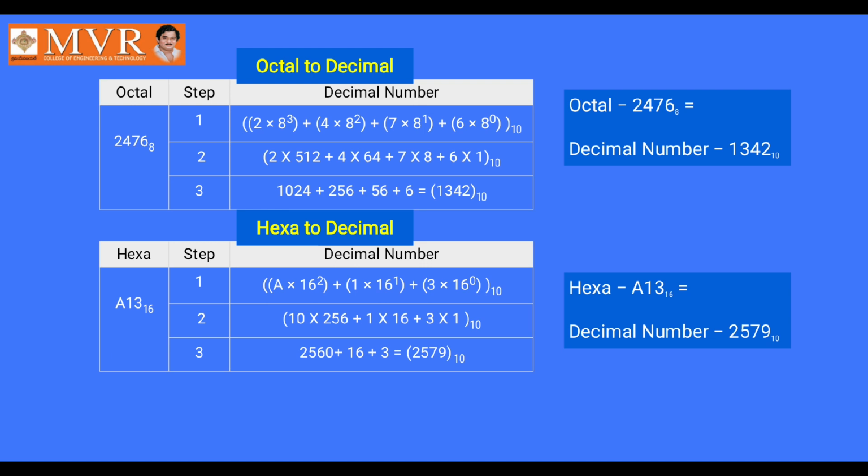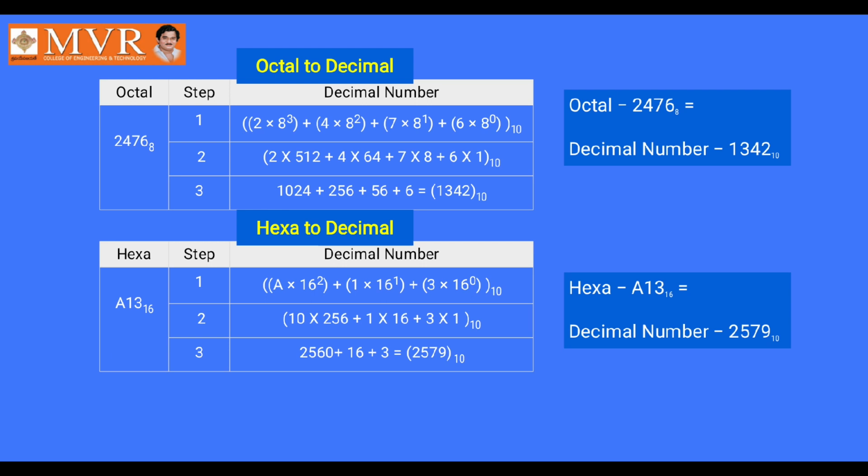In the first 3 examples, we considered decimal to any other base system, and in the remaining 3 examples we discussed any other base system to decimal. Now there is the third part: any other system to non-decimal. If you are given a binary value, convert it to octal or hexa. If it is given an octal value, convert it to binary or hexa.